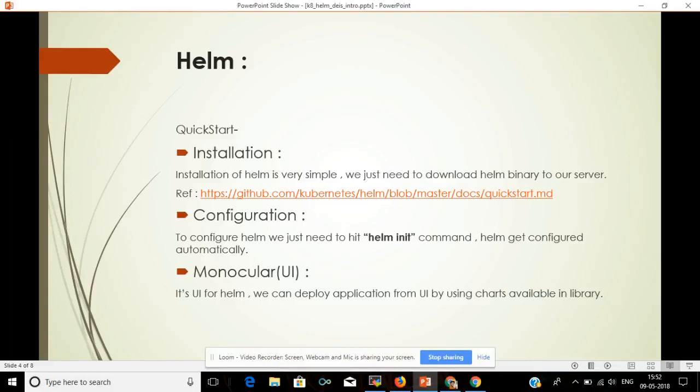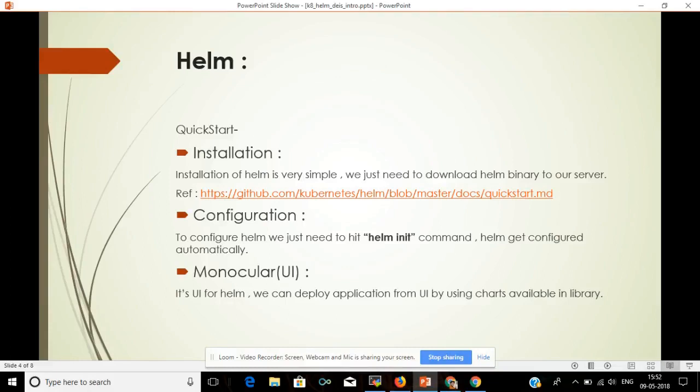When we run helm init, it will deploy a Tiller Docker container to your Kubernetes cluster to manage and deploy the applications. We also need to create a user tiller and give it some privileges, which is already given in the document.